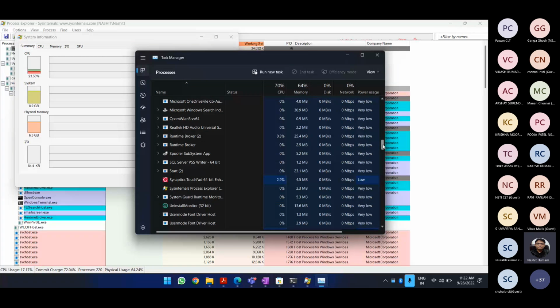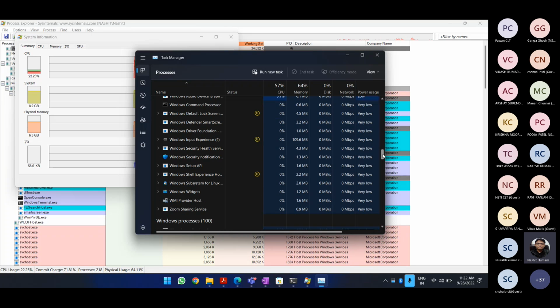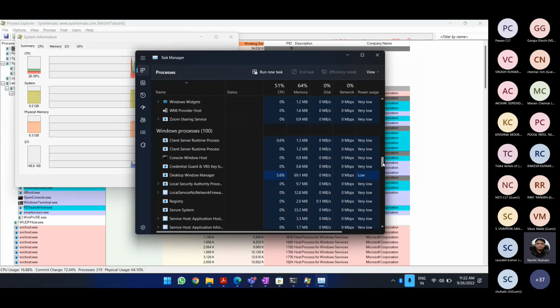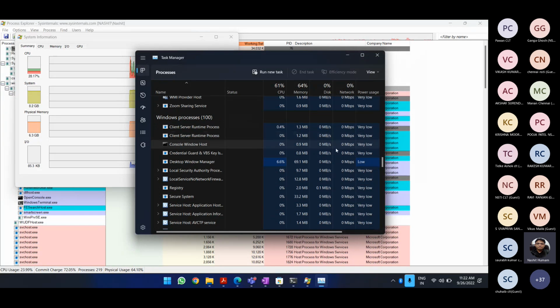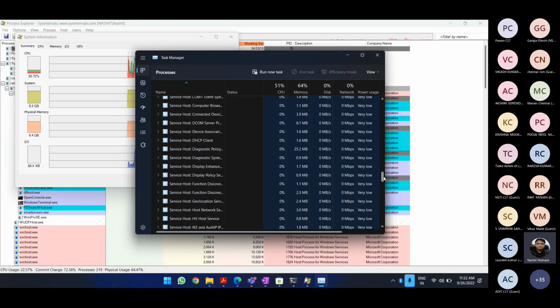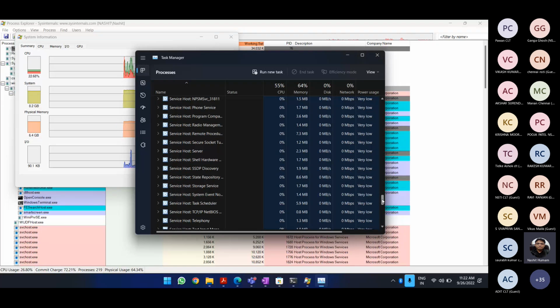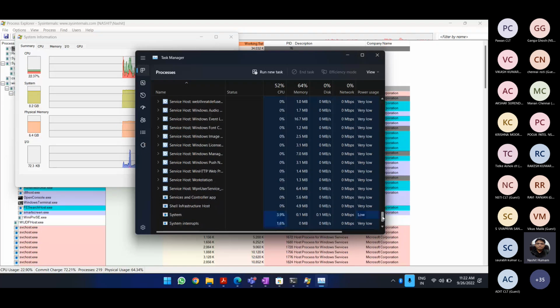And here also we can check out how much memory they are using. Now I can see Windows input experience. Fine, that is good. So you can see the Windows processes that are running and how much they are using. Now you might at times see a few of the applications that are sharing some data. So fine, that is a service that is supposed to use some data to share it.